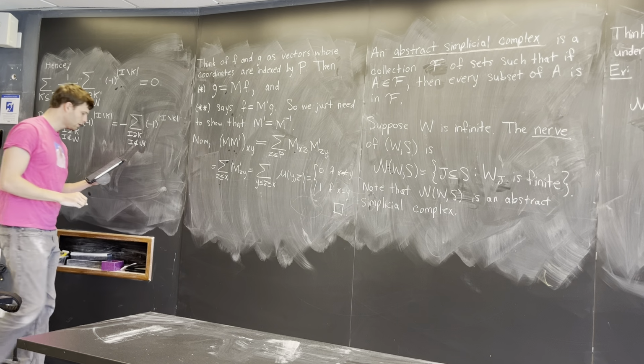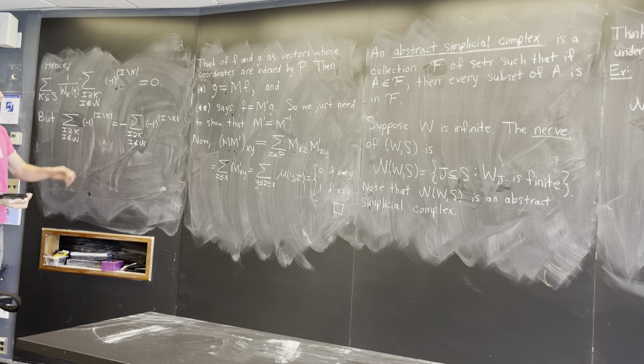So why is that? Well, if I move this over here and take this sum plus that sum, then I'm just summing over all I containing k. I guess I should be fixing k. So